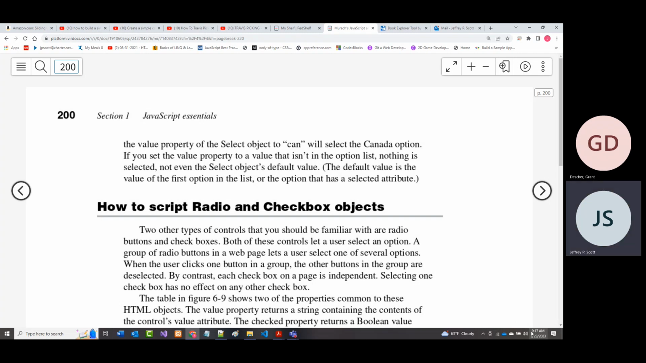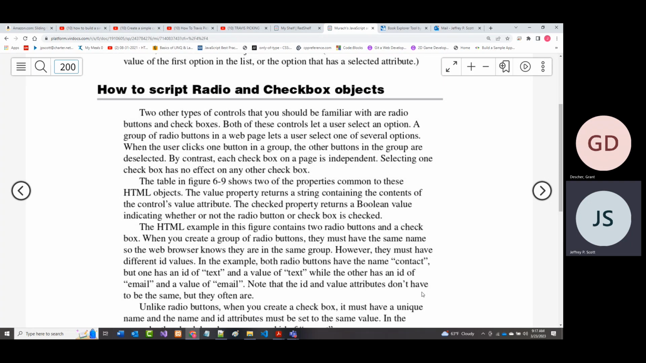All right, it is 9:17, so I'm going to start back up. The next thing they discuss in here is all about radio buttons and checkboxes. Now, we have talked about these before, so I don't think there's really a whole heck of a lot. They do mention two of the properties for these. The value property has the contents of the attribute, and then there's a checked property, which is Boolean, which means